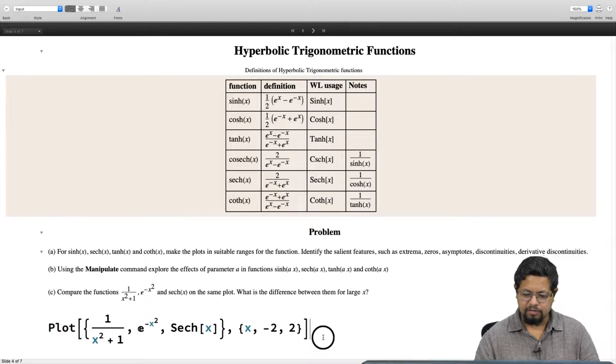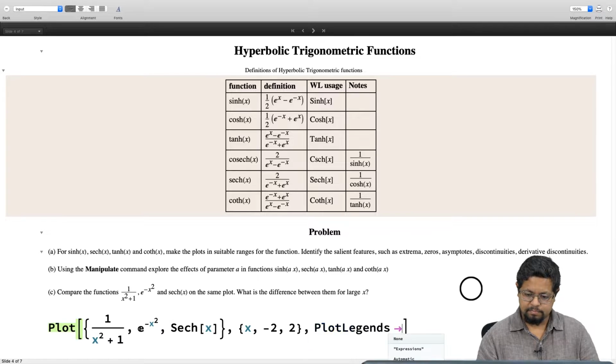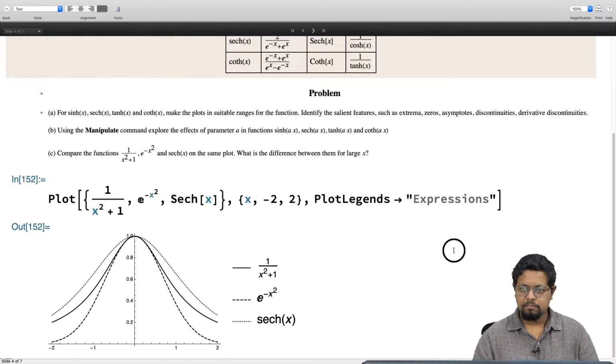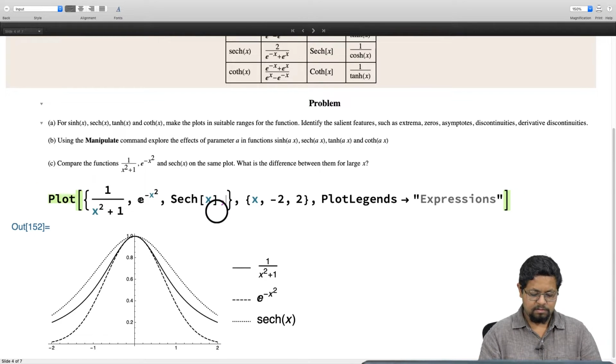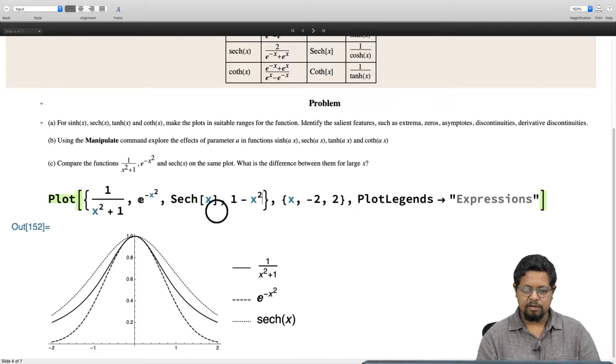Interestingly enough, all these 3 functions behave the same way. So here is a plot of all the 3 functions. It's interesting to note that all the 3 functions have very similar behavior near x equal to 0. In fact, that behavior is the same as 1 minus x square,